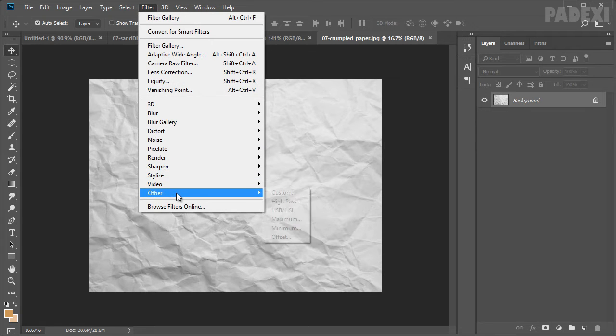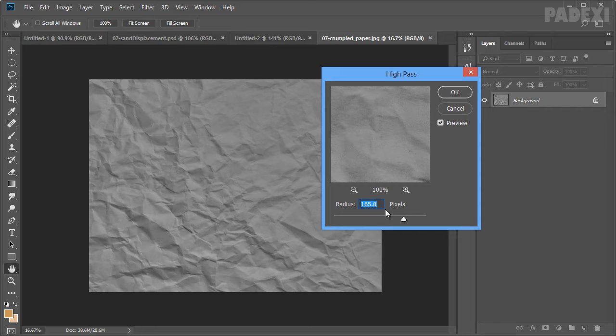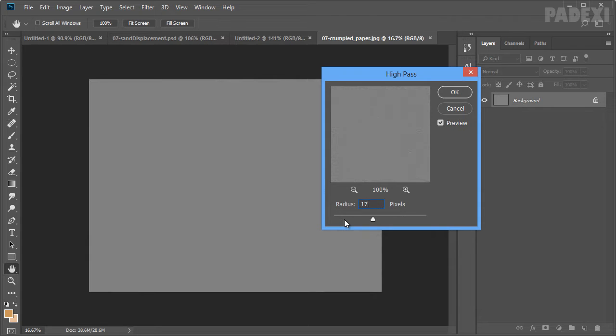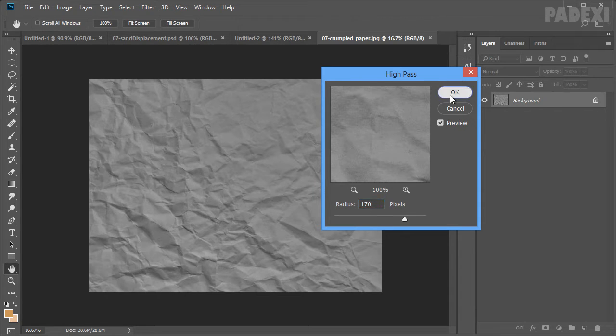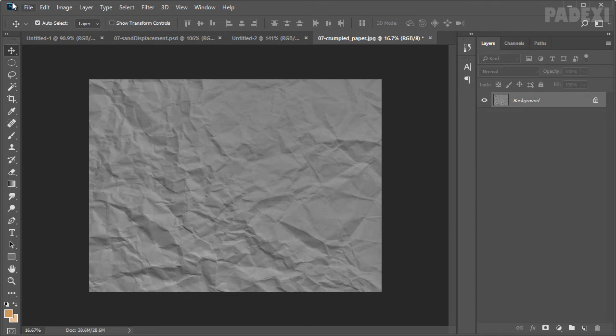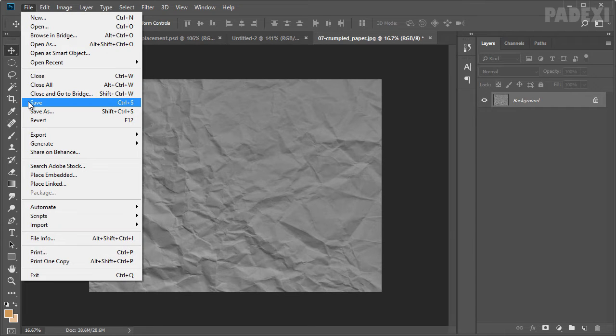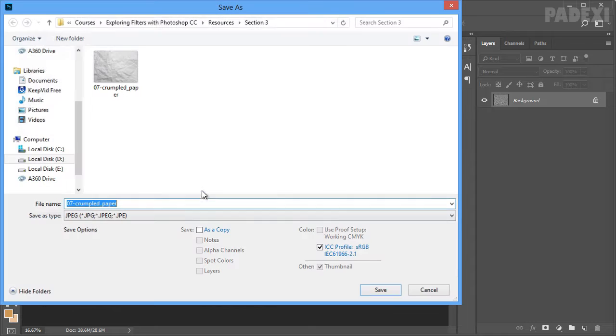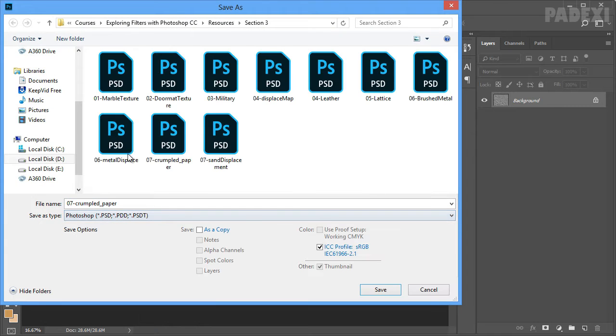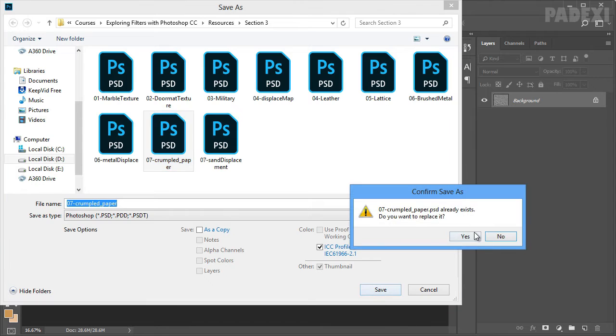So go to other, high pass, and set value to 170 and click OK. Now we need to save it as PSD in order to use it as a displacement map. So go ahead and save it as PSD file, crumpled paper.